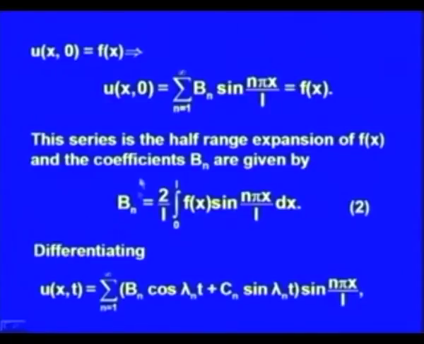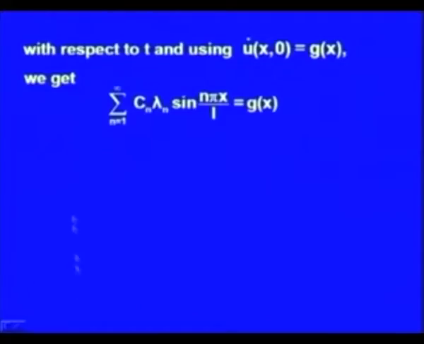Now, if you differentiate equation 1, that is the equation for u(x,t), partially with respect to t, in order to use the second condition, ∂u/∂t at t equal to 0 is g(x), that is, the initial velocity of the string is given by the function g(x). We will have sigma n equal to 1 to infinity C_n λ_n sin(nπx/L) equal to g(x),